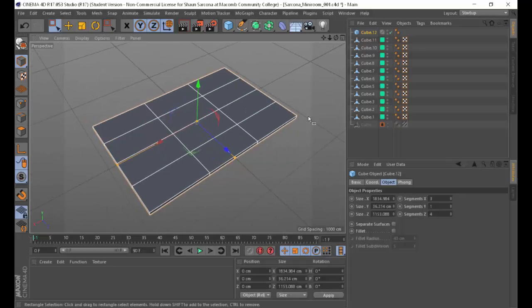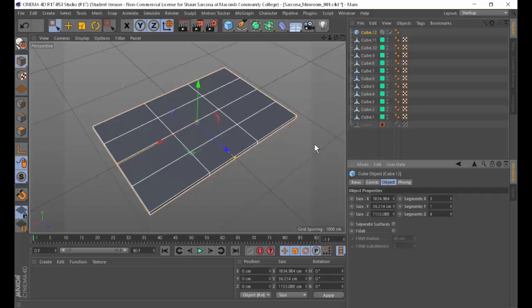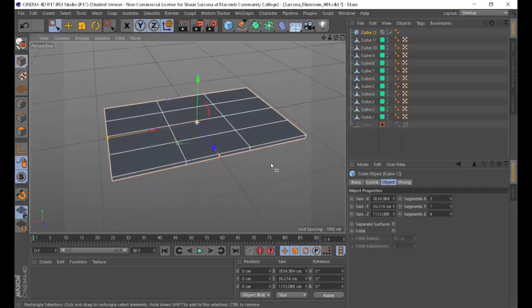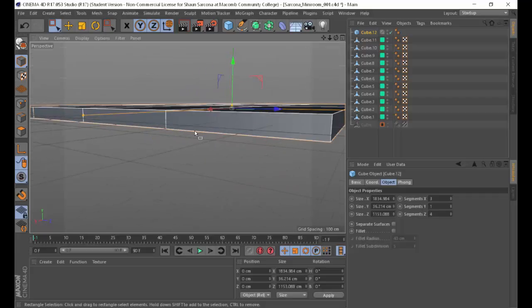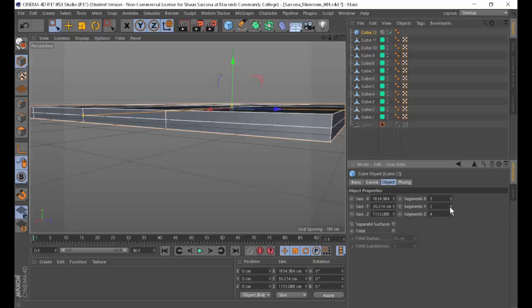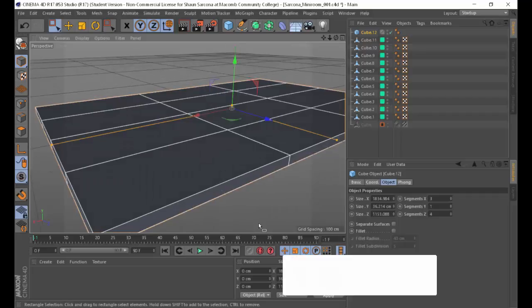Sometimes this object doesn't show, like if you clicked off of it. So sometimes just clicking back on the object will let you get to that object area. Why does it say you don't only have one per segment wide? It's actually divisions is what it is, right? So this is one division, right? Oh, I just size mine differently. What do you mean? Right here is the Y segments. For me, that's